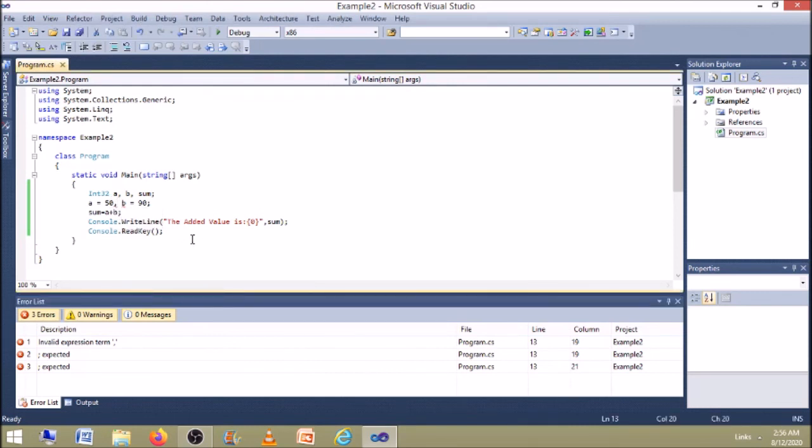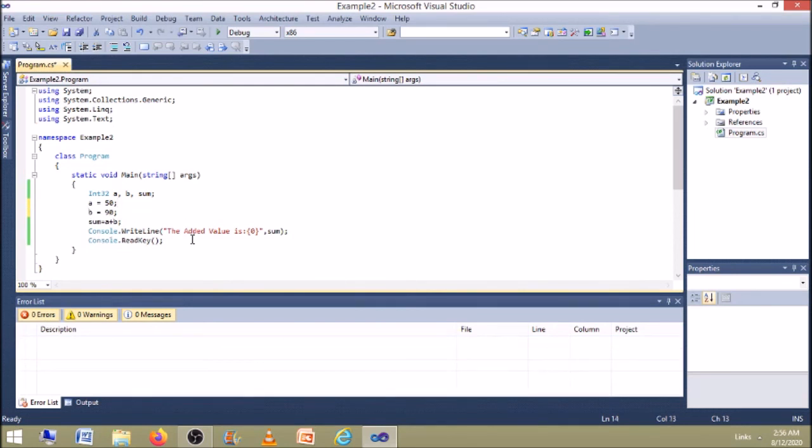What is invalid actually? The declaration, the value assignment should be given individually, not with comma. So a equal to 50, in the next line we have to give b equal to 90. It should have individual semicolon. The assignment should end with individual semicolon.